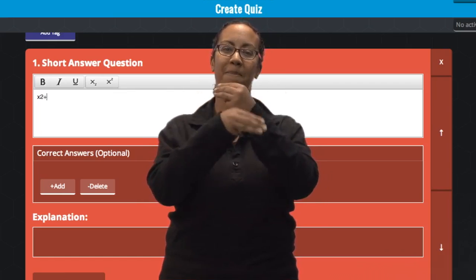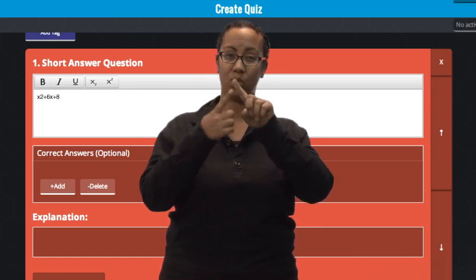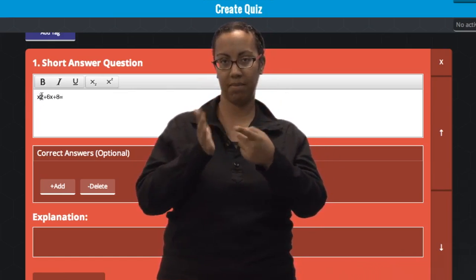Understand you can also add math questions. You can have numbers, symbols, and you can add those to the question. For example,